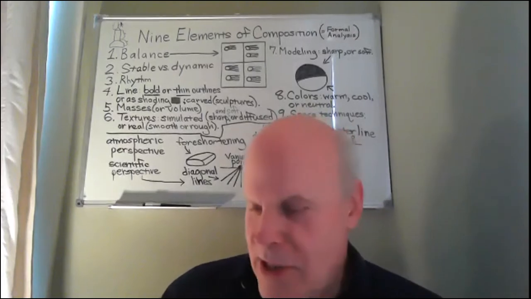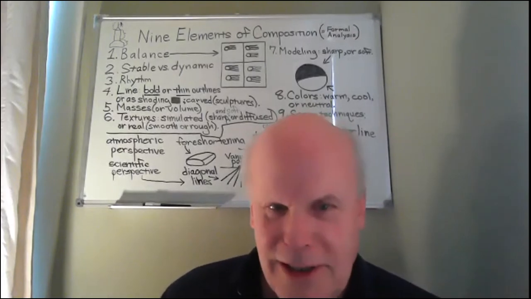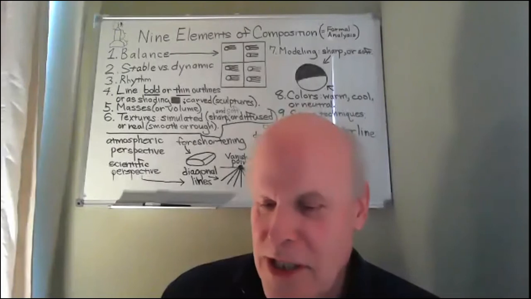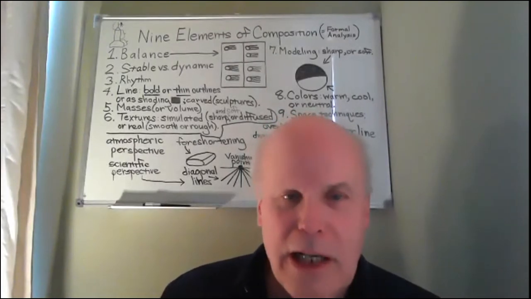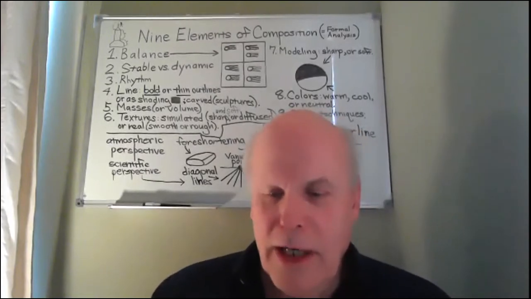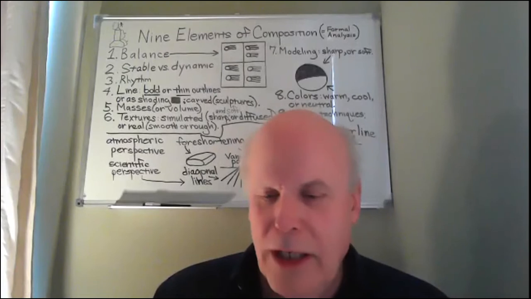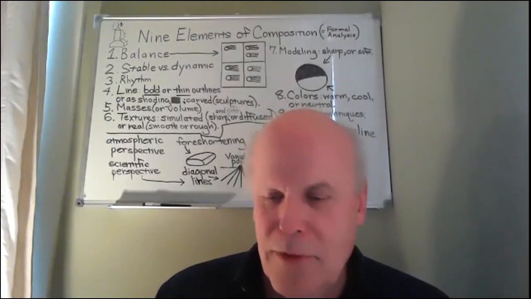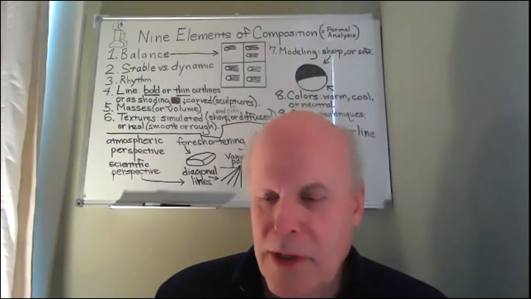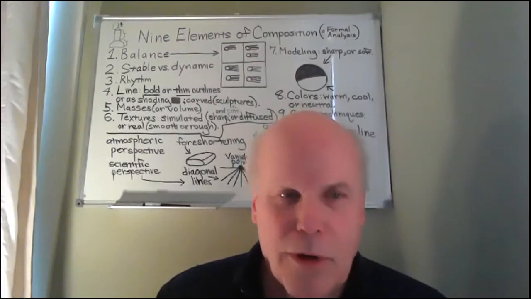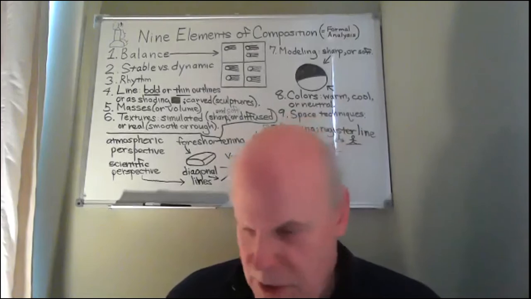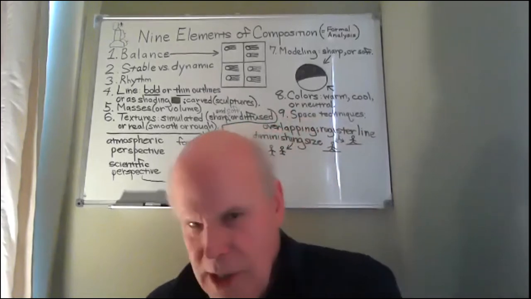Okay, let's do balance. And this is where I'll get up and do a little mini demonstration. Balance is where you, again, look at the work of art and ask yourself, are there equal or roughly equal areas of objects from the top to the bottom and from the left to the right in a work of art? Well, there's really only one way to do that, and here's where I'll now stand up and begin doing my little demo